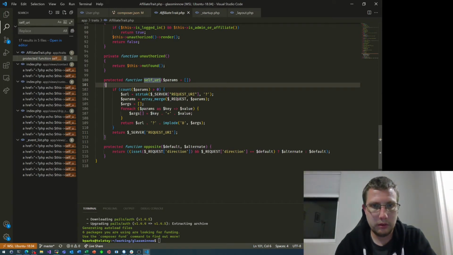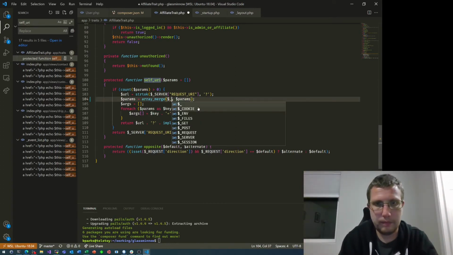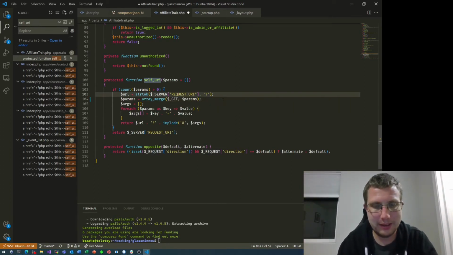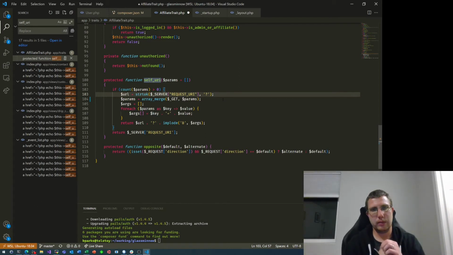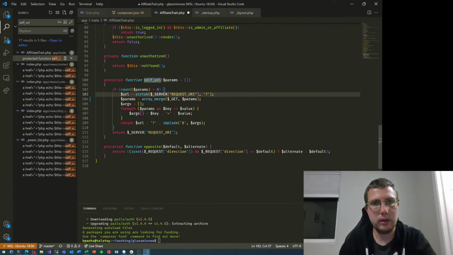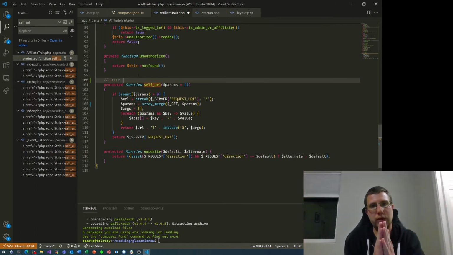So what is going on here? That's probably bad. The $request super global pulls in not only get, not only post, but also cookie. That's bad. We shouldn't have that. So probably what we want is just get. Let's start with that. I really don't like the idea of pulling in post as well. And probably what I'd really like to do is extend this function. I'm actually going to add a to-do here,